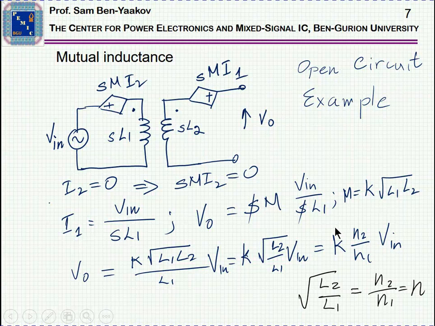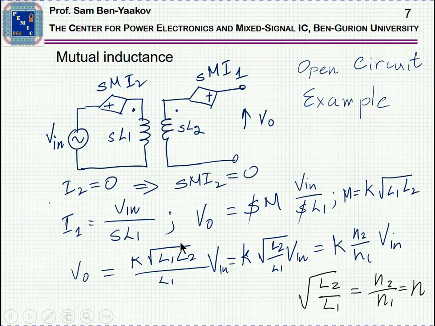But here we have some extra element which usually we neglect, we don't pay attention to. This is the coupling coefficient. If K is really 1, this is the classical transformer relationship. But if K is not 1, then this relationship has to be corrected, as a matter of fact, by this coupling coefficient, because not all of the flux generated by the primary is coupled to the secondary. So this is how we use this